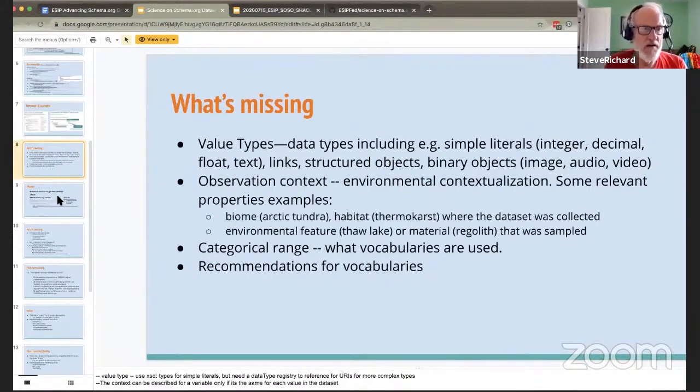And then finally, going back to what Kai was talking about, we need some conventions and recommendations for useful vocabularies for populating things like unit of measurement and property ID. These are a few of the issues that need to be resolved, and we're working on making some recommendations. If we could go to the last slide.